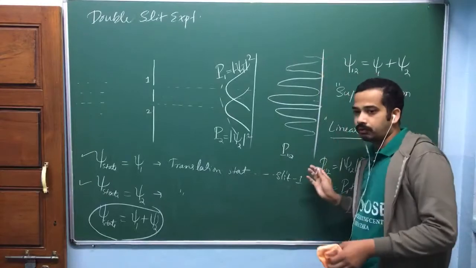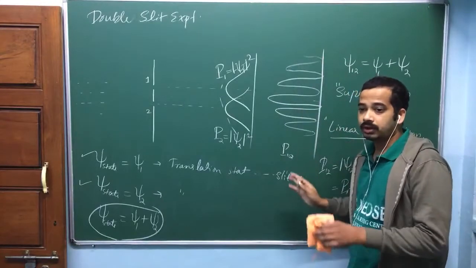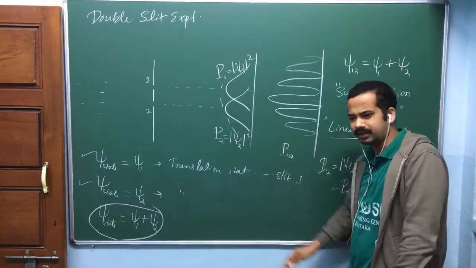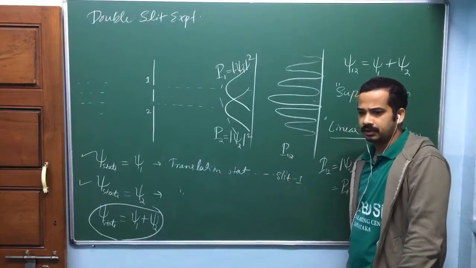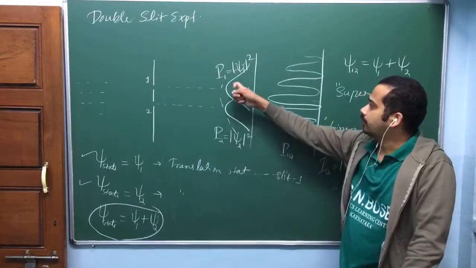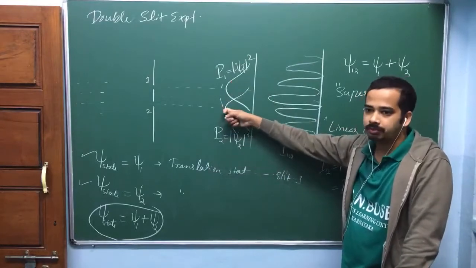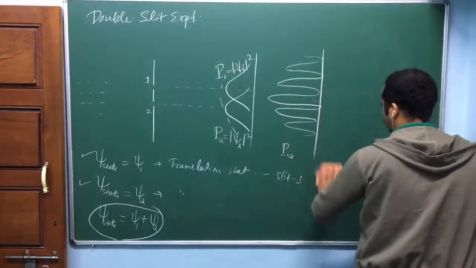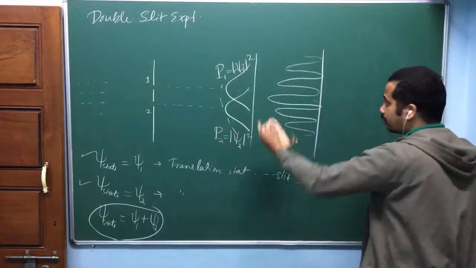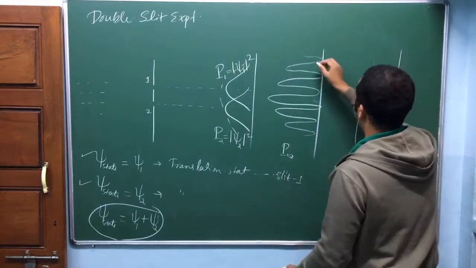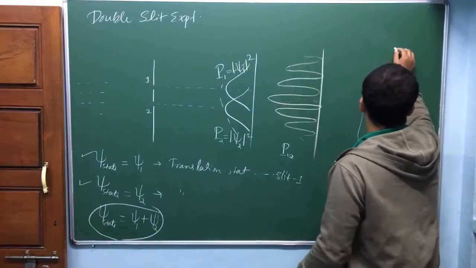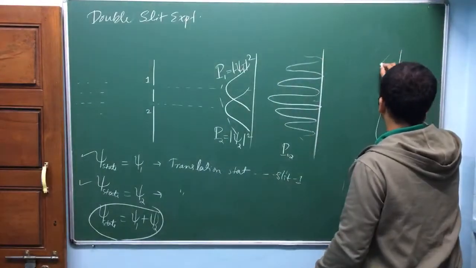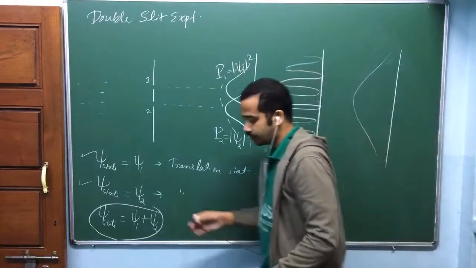Because all 1000 electrons that reach the screen are observed ones. You have already observed through which slit each is passing by some experimental arrangement. So 50% of them will produce this pattern, 50% will produce this pattern, and your resultant pattern when observed, shall I write here? I am not moving the screen. Okay, I can draw it here. If you observe, you will get this one, which is just the merging of these two actually, okay, which is just the merging of these two.